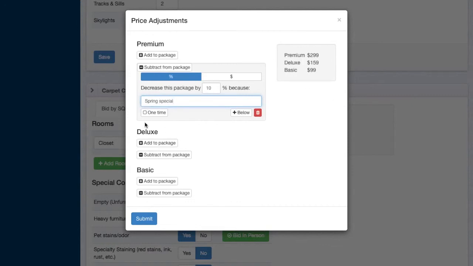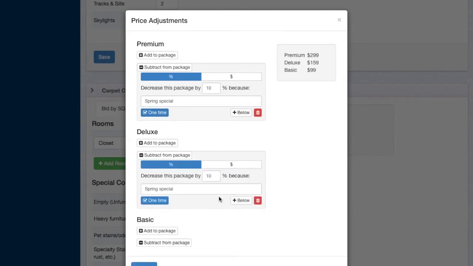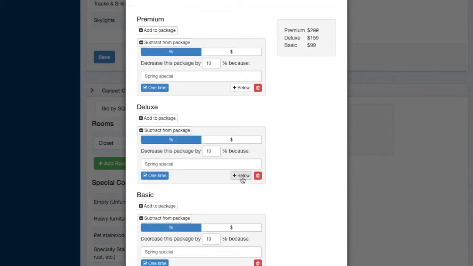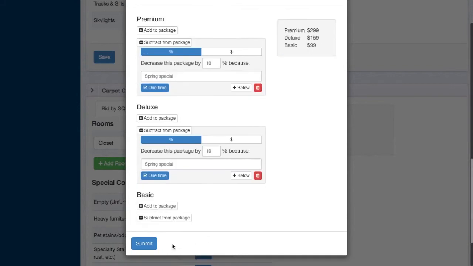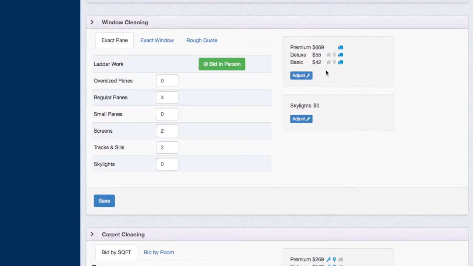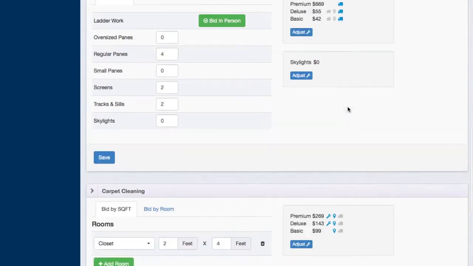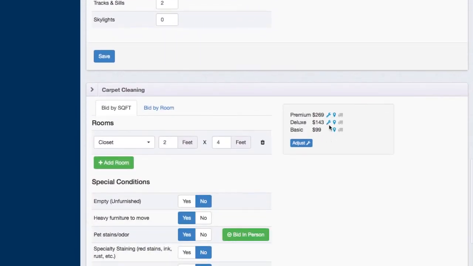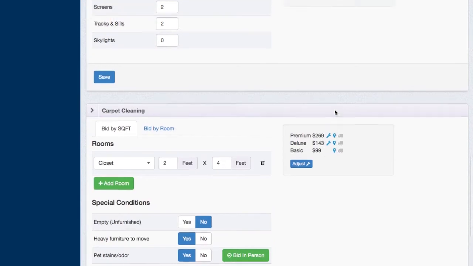Okay, and this is a one-time discount. We're not going to give it all the time, but just for this job, we're going to. So I'm going to add that from the premium down to the deluxe, and maybe we'll only offer it for those 2 packages. But if I wanted to, I could just add it below. But I'm not going to do that. I'm going to just do those 2, and that will go ahead and apply the discount. And then once that discount's been applied, you can see that those numbers came down, and those numbers came down,